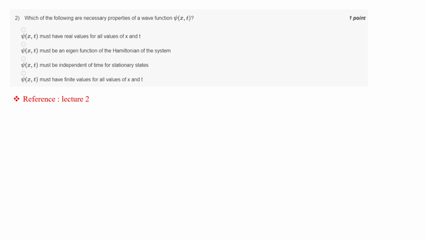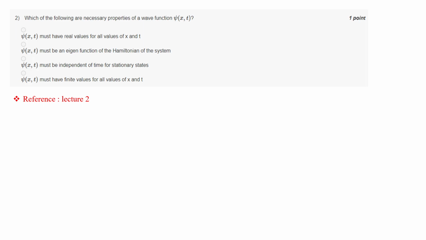If you plot this psi against x, it cannot fall like this. This is not possible, it should be continuous. So these two properties are very important for the acceptance of a wave function. How can I accept a wave function? For this, these conditions are necessary: it must be normalized, and the wave function and its derivative must be continuous and also finite, for all values of x and t.